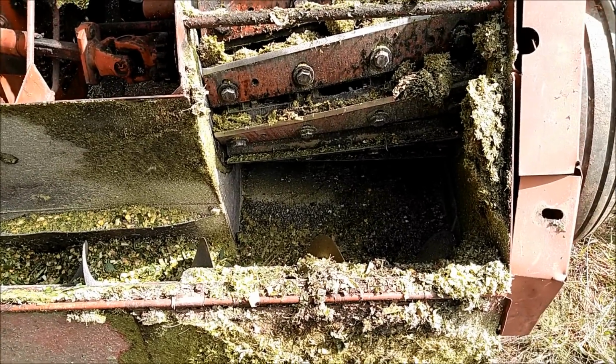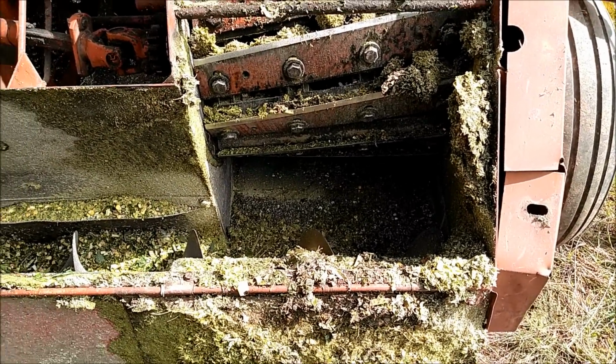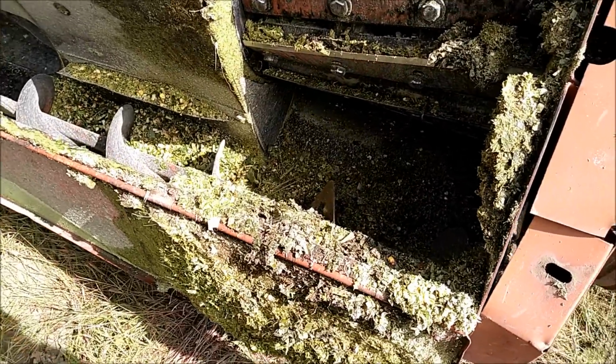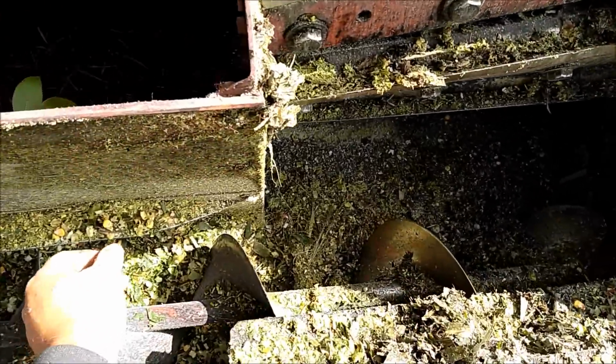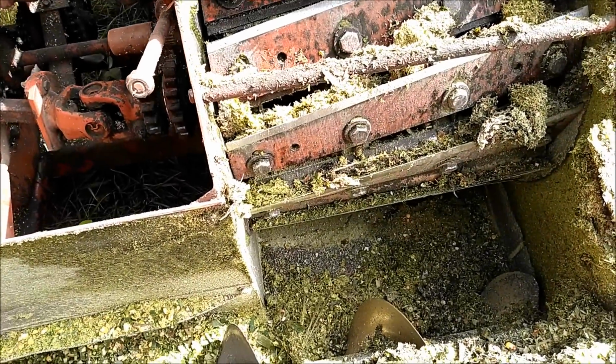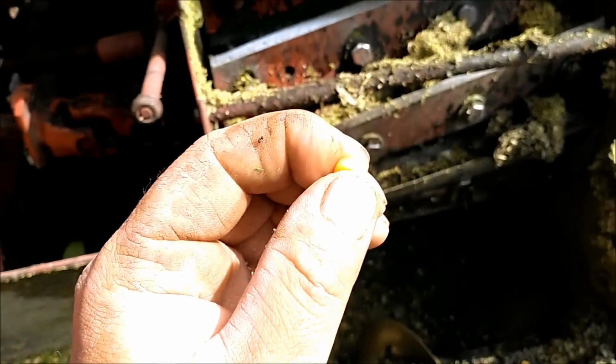So anyway, that's one reason I like it a little finer. And then like I said, the other reason, the cows, they clean it up better. I don't have a kernel processor on this. I kind of wish I did, but that's another reason I kind of watch the moisture, because the kernels, they